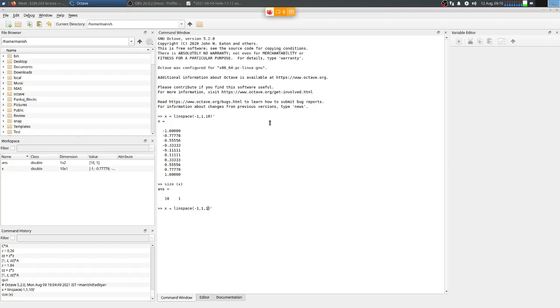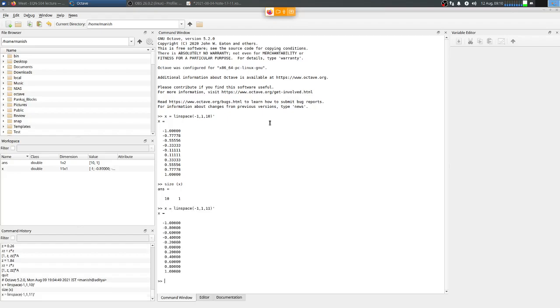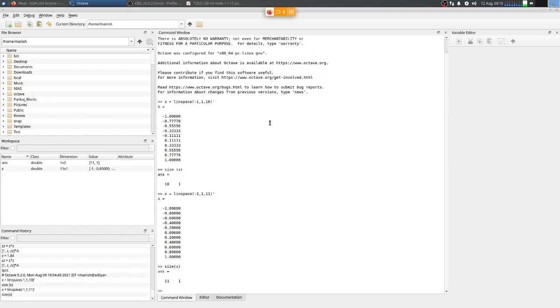let me just say 11 points. Yeah, this makes more sense. So size of x, so these are the 11 points we have, symmetrically placed about the origin 0, right? And now I can define the function values at these points, and that would be